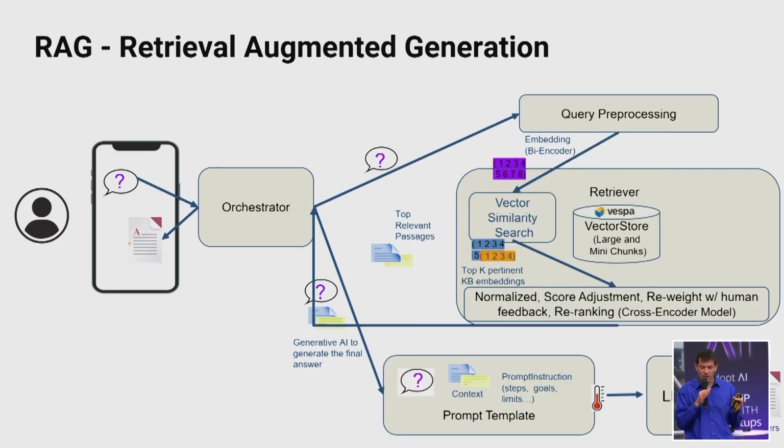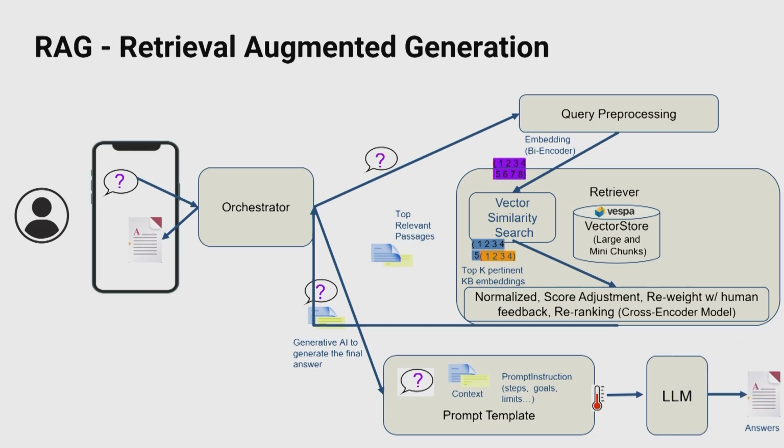So when the user asks a question, for example, what do you know about BBC, we embed the question and do a vector similarity search on the data store to get all the relevant chunks, all the relevant documents, and give them to the LLM to write the answer with our own documents. That's good, but it doesn't work well when the question is not exactly the same as your document.